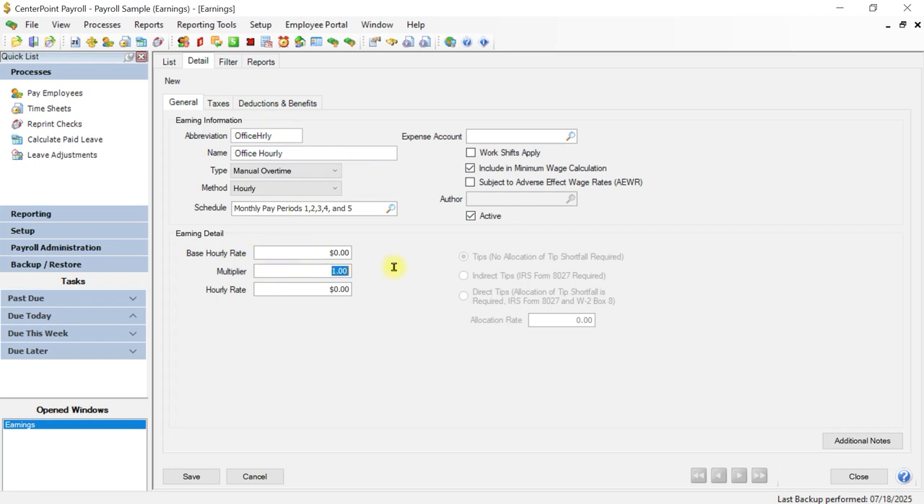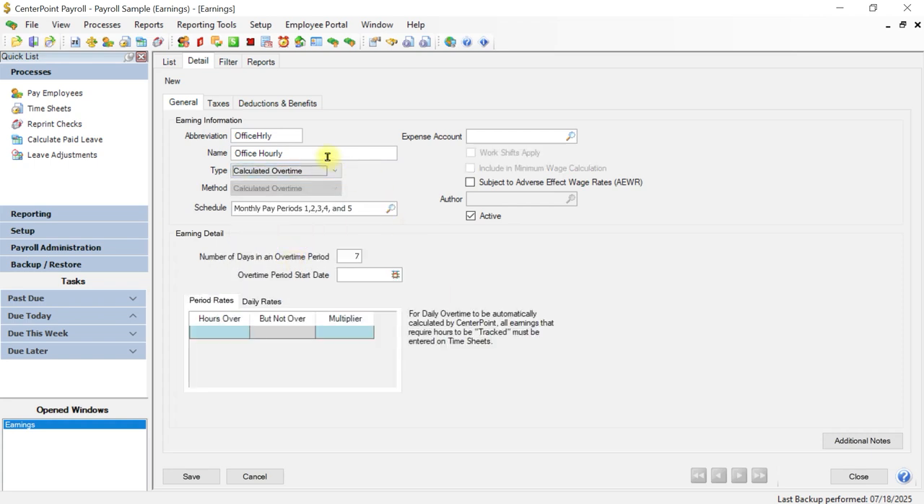But what I will want for this overtime earning, this manual overtime earning, is to put in the multiplier for the overtime. So if I put in 1.5, that means that I'm paying them time and a half for their overtime. Okay. If I were to choose calculated overtime, it puts a little bit different information at the bottom of